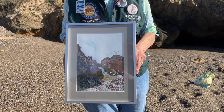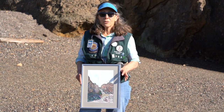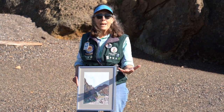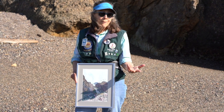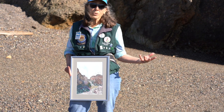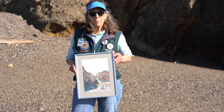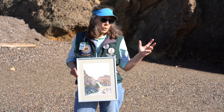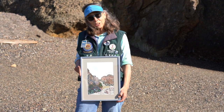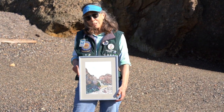And this is the beauty of our Point Lobos State Natural Reserve, that you can create poetry, you can write text that includes aspects of Point Lobos in it, as John Steinbeck did with tide pools. You can actually paint pictures, take photographs, Ansel Adams, Edward Weston. But anyway, it has been a great pleasure to take you on a tour in the tide pool